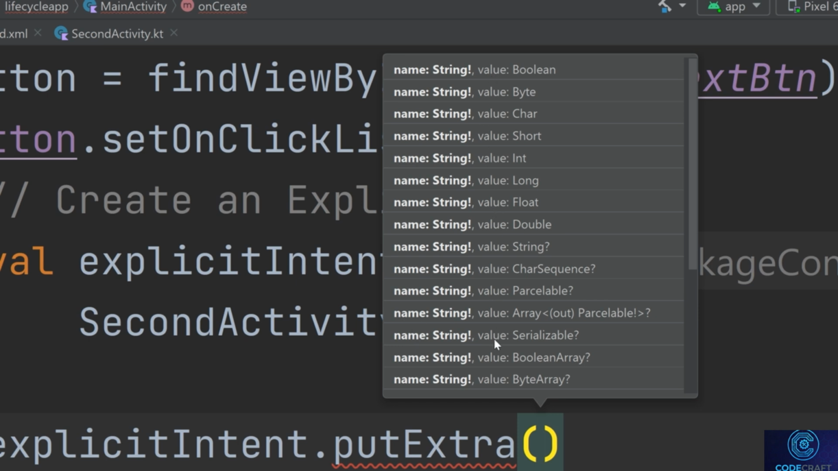The key, or the name, is the first parameter, which is of type string, and you can see it here. It's a string identifier for the extra data. This key is used to later receive the data from the intent in the receiving activity. And the data to send, which is the value in the second parameter, is the actual data that you want to send. In this case, you can send boolean, byte, char, short, int, long, float, double, string, and whatever you